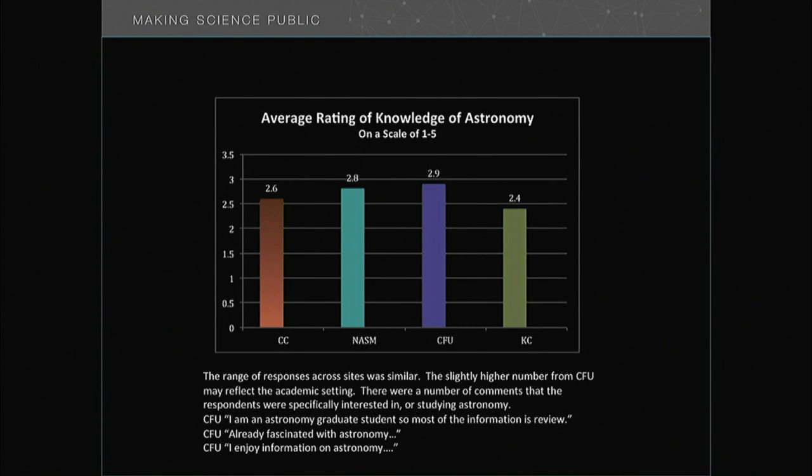The average rating of knowledge in astronomy on a scale from 0 to 5, these were self-selected. We didn't give them a test and say, you are really a 0 or a 5. They put down what they thought they were. And for the most part, I think people are probably understanding this as 0, I have absolutely no idea why I'm even here, to 5, like I have a PhD, this is the best topic in the whole world. So to see the average rating here come across 2.6, 2.8, 2.9 again was really refreshing